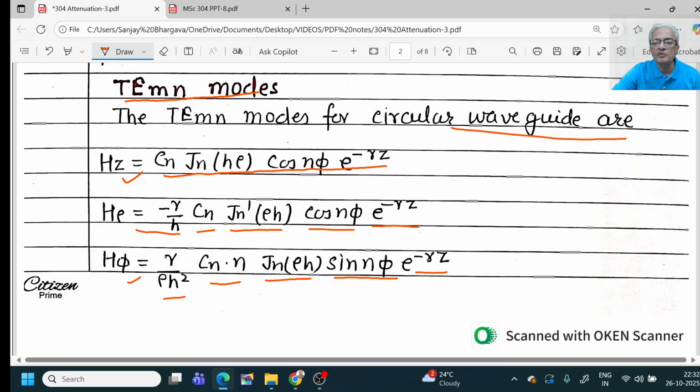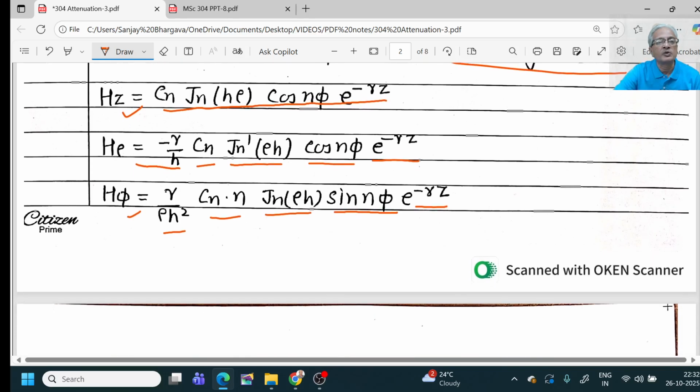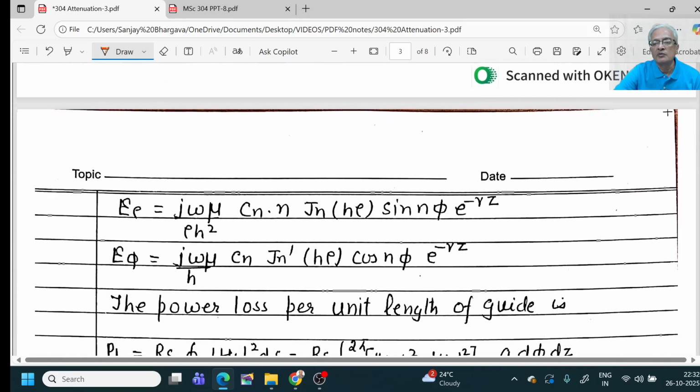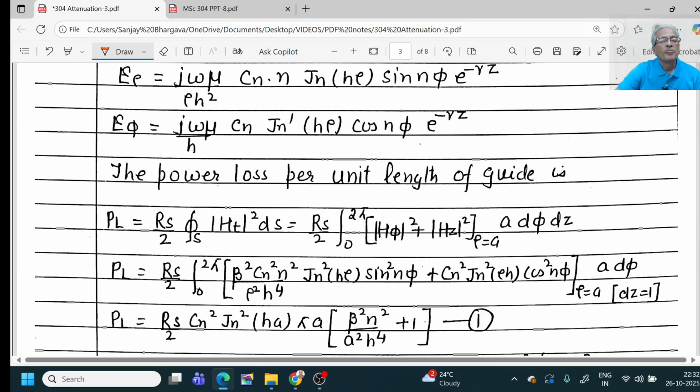These modes have already been calculated by us in the earlier videos, so we use the modes directly from those videos. Eρ would be jωμ/(ρh²) Cn n Jn(hρ) sin nφ e^(−γz). Eφ will be given by jωμ/h Cn Jn'(hρ) cos nφ e^(−γz). Now we need to calculate the power lost per unit length of the guide, and that would